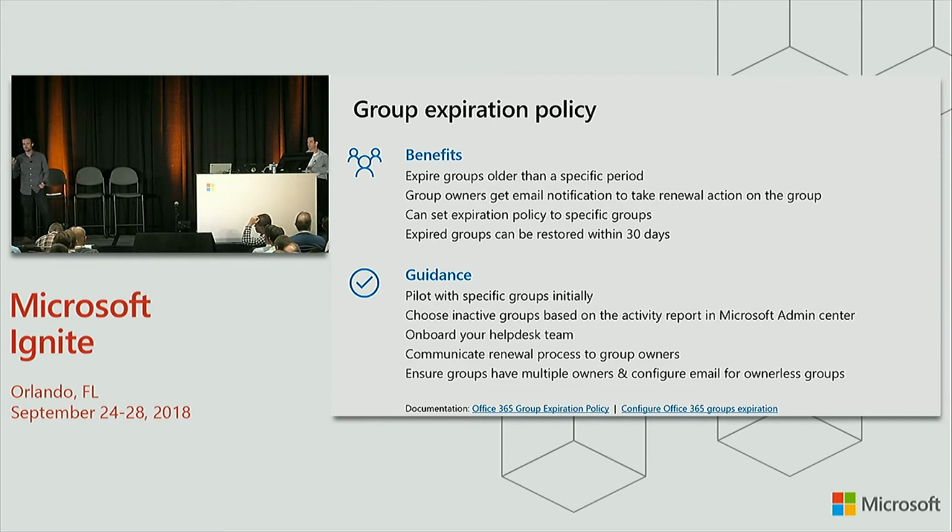So again, it's the notion of grooming that garden at scale, so you don't have to bug all those users manually to figure out, hey, do you still need that group and all the apps tied to it? Some of the best practices, you'll see when I show you the settings, but start small and scope it out to a set of groups. If you set that up and haven't trained your users, potentially it's going to generate a lot of call tickets with your support team. So definitely onboard your support team so they know how to handle those requests. And that's the out-of-the-box thing we delivered in March. I'll be talking about the roadmap, on what we are doing to improve these features based on feedback from some of you in the room.